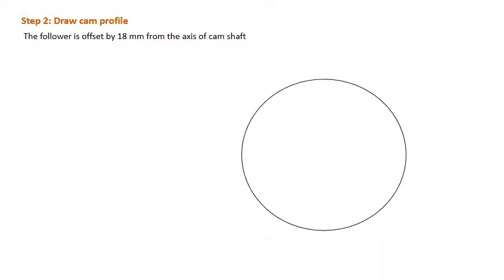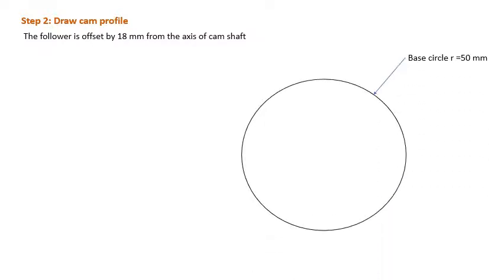So the next step is we have to draw the cam profile. To draw the cam profile, first of all, we have to understand whether it is a radial follower or offset follower. In the problem it is given clearly it is an offset follower, 18 mm offset from the axis of the cam towards the right. And the cam is rotating in the clockwise direction, therefore we have to divide the strokes in the anti-clockwise, opposite direction. So first step we have to draw the base circle.